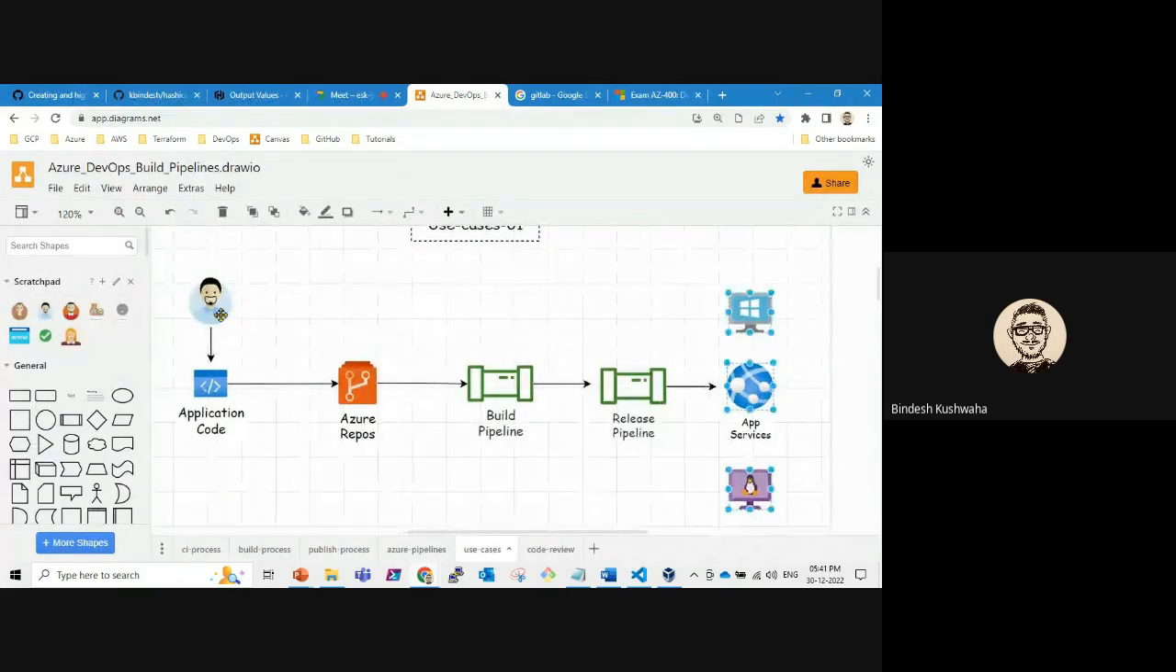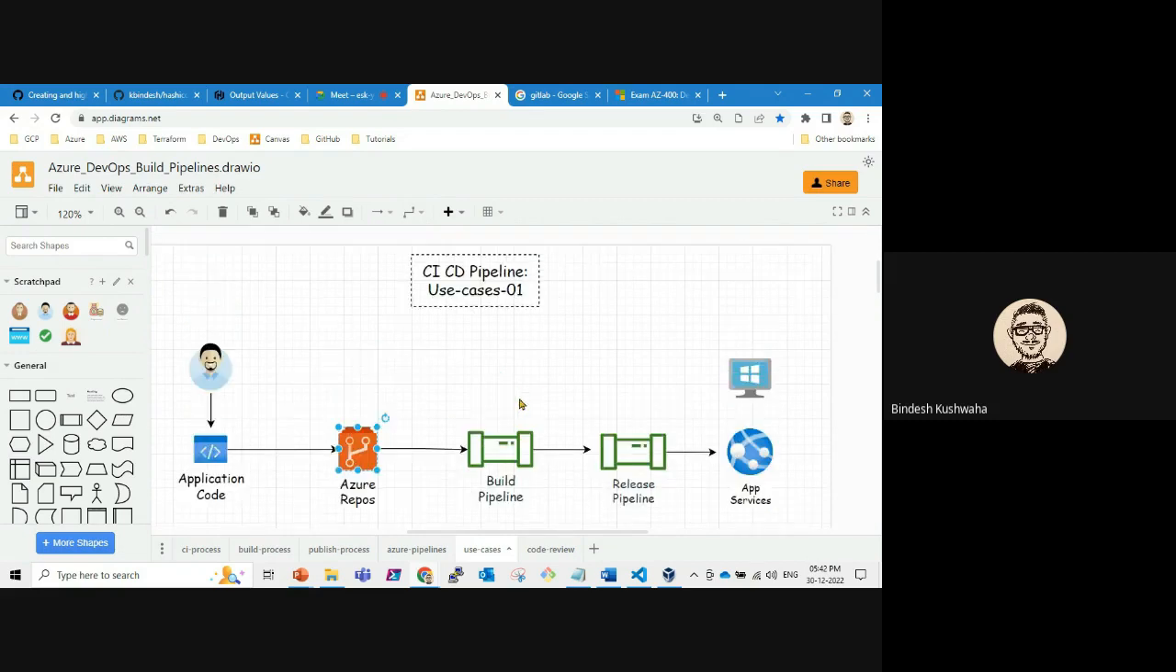let's say you have written some code. It could be an ARM template, a Terraform script, or application code. You have pushed it onto your version control system. Here in Azure we have Azure Repos; it could be GitHub or Bitbucket also. Then automatically it will be built, and automatically it will be reviewed